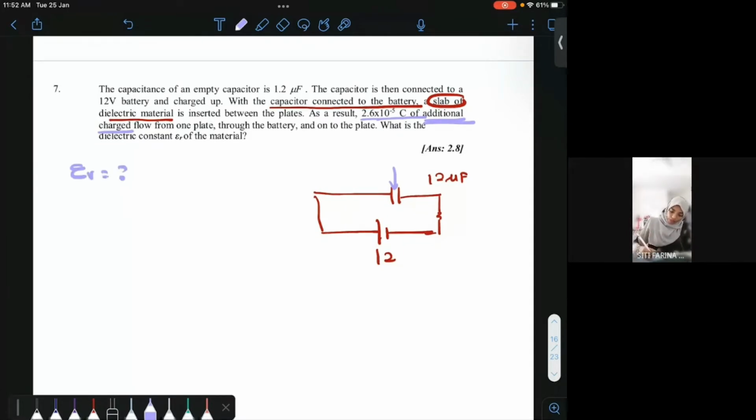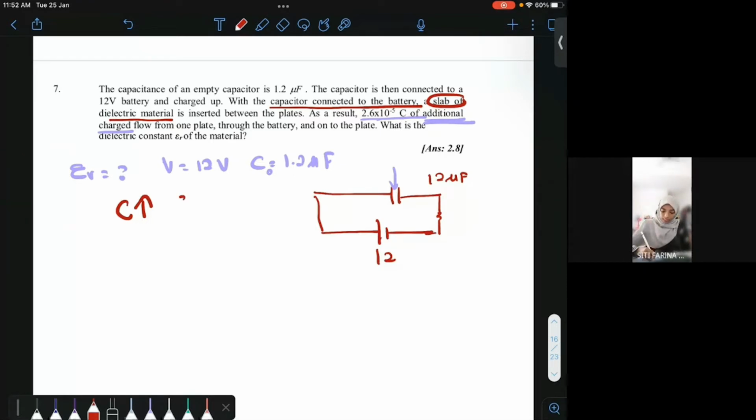What we have in the question, V sama dengan 12 dan juga capacitance sama dengan 1.2 microfarad. This is empty. Empty maksudnya filled with air sahaja. Okay, and then while still connected to the battery, dia kata insert dielectric. Bila kita insert dielectric, akan ada dua benda yang berlaku. Very significant lah, iaitu you're going to increase the capacitance and then you're going to increase the amount of charge